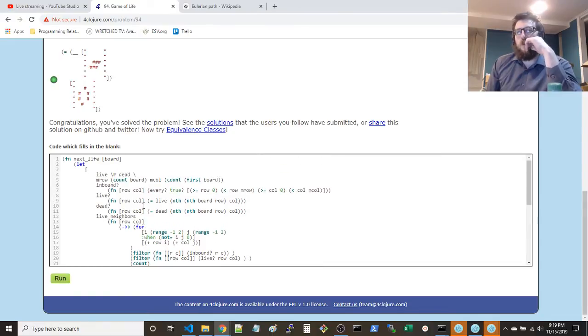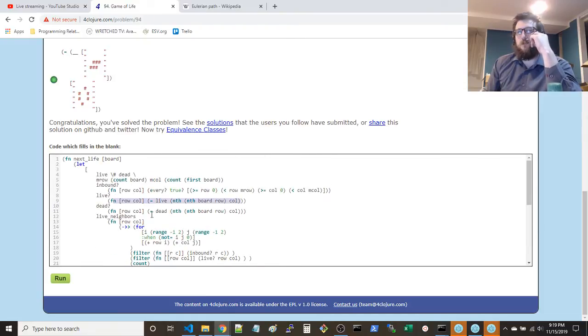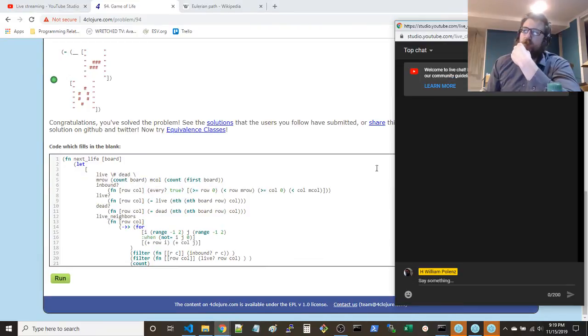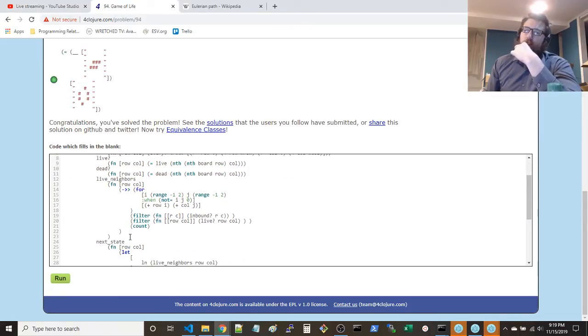And we abstracted away the live and the dead. Keep it kind of simple. I like having small helper functions like this to organize the code. I think it's useful. I think it's good. So you count the number of live neighbors using a list comprehension, and this is called a threading macro. It basically says take the result of this, push it into this, take the result of that, push it into that. At the end, it'll be the last argument. Call this with this thing as the last argument here.